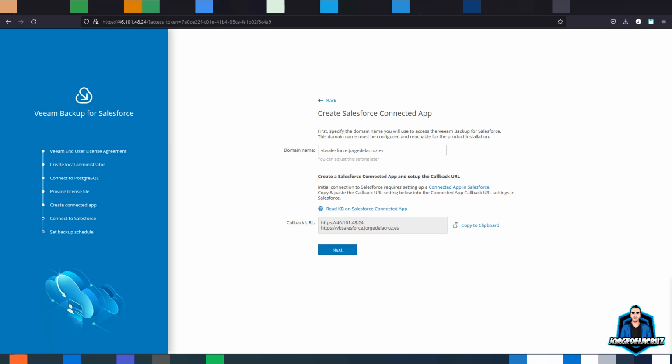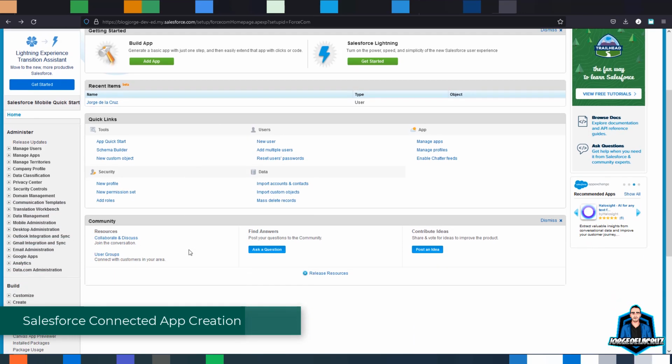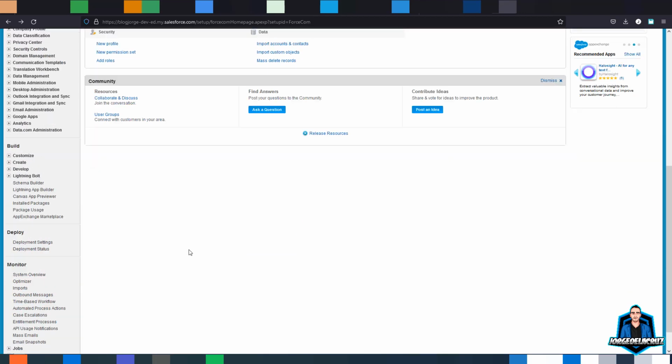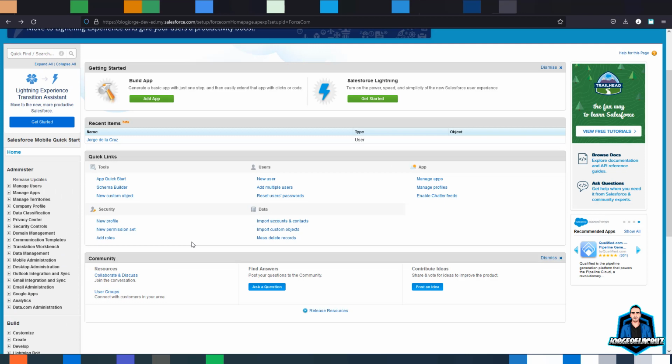So I think it is time now for us to create this Salesforce connected application. So let's move into Salesforce. And now, as you can see here, I'm with kind of like an admin role. And on the quick links, or you can always use the search, you will find something that is called applications. If it's not on your menu on the left, which it should be, but I cannot find it quite right now,